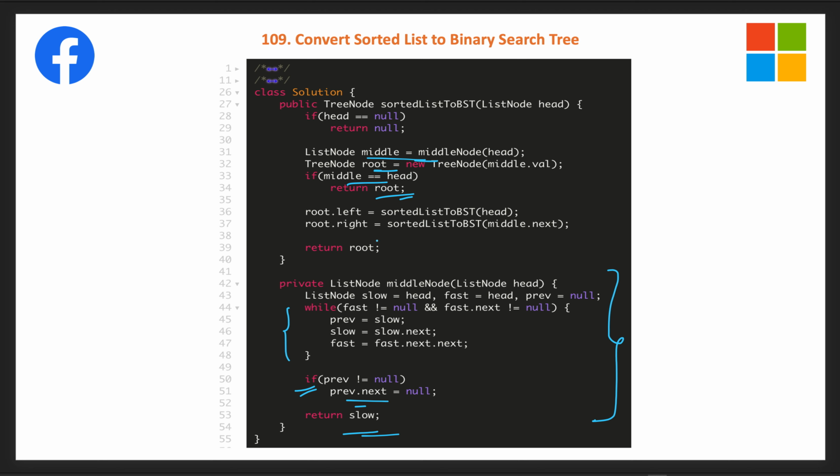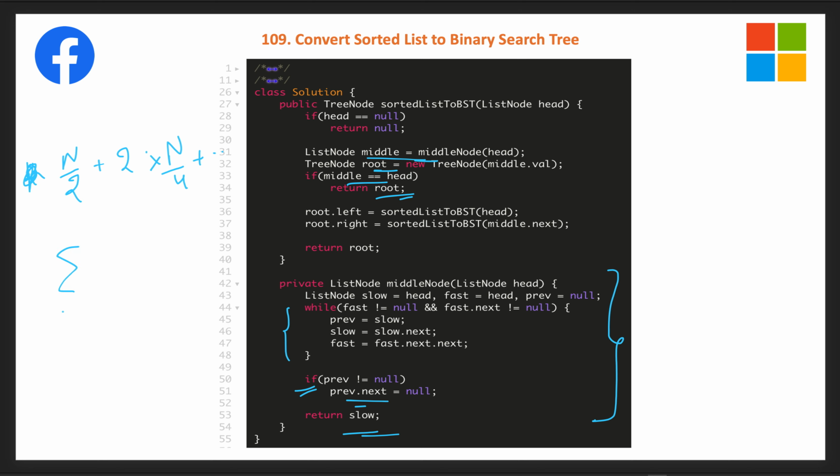So, what is the time complexity of this solution? As you can see, every time we are running a loop. Initially for finding the middle of the list, if we have a total of n nodes, we will go through n by 2, then we will get 2 lists of n by 2. So this will become plus 2 of n by 2. In the first call we get 1 into n by 2 because the fast pointer is running at 2 speed. Second, we get 2 into n by 4, plus so on.